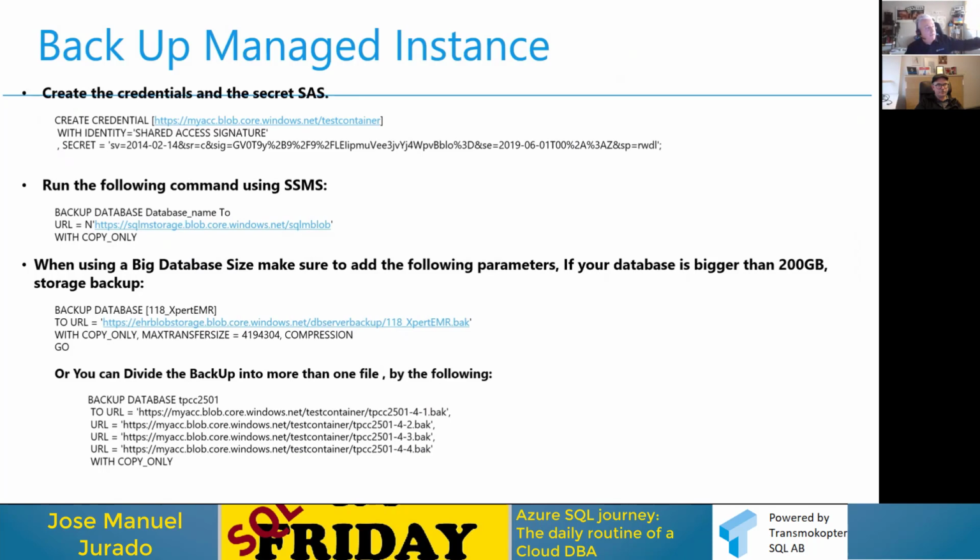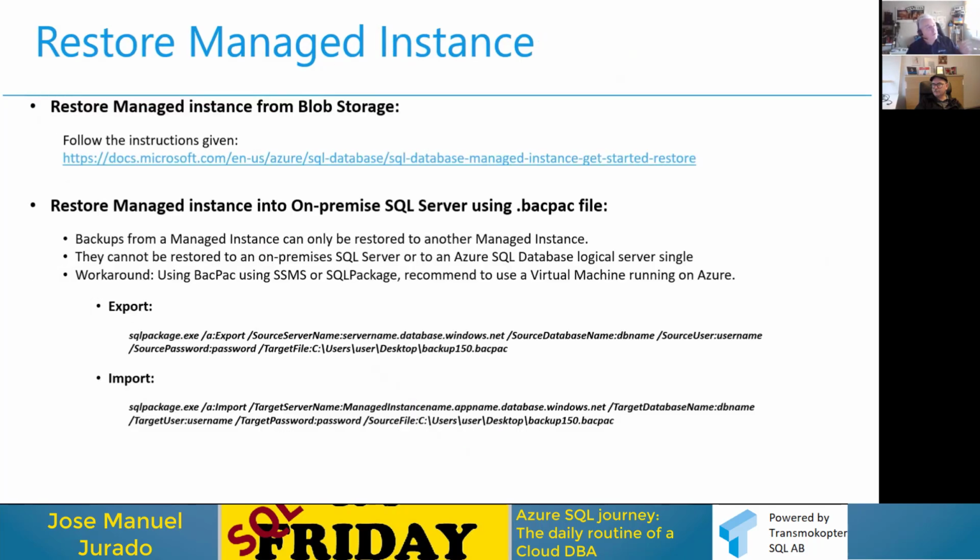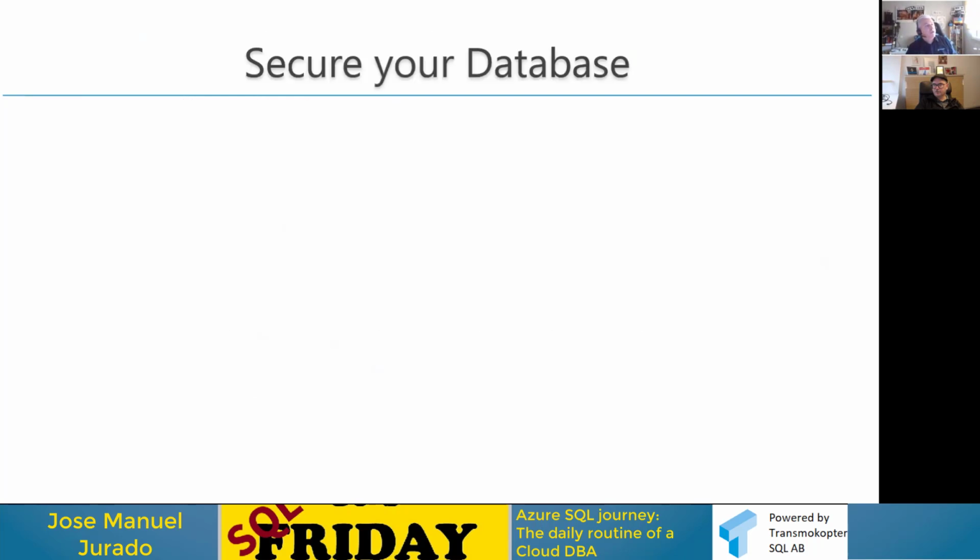We include several details about how to run the backups. When you want to run your own backup, you could use SQL Agent in managed instance. Of course, the most important thing is to use COPY_ONLY. You know the reason: it is to avoid any problem with the log chain. So basically you need to use COPY_ONLY in order to not affect the log chain. Well, you have other ways to export the data, but this is an example, because basically you need to read the files and the documentation, etc.